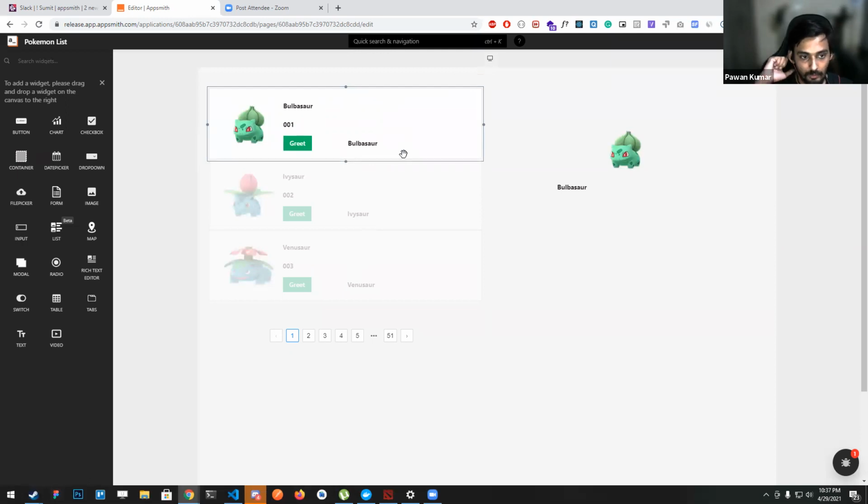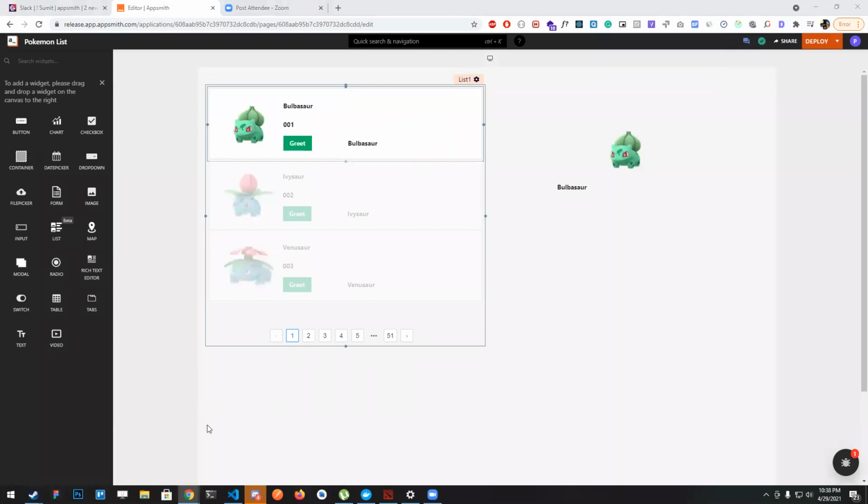And also one thing, in the first phase we can't use widgets like input widgets in the container because of some platform limitation. But in phase two, we will be covering that also. So I think that's my side.